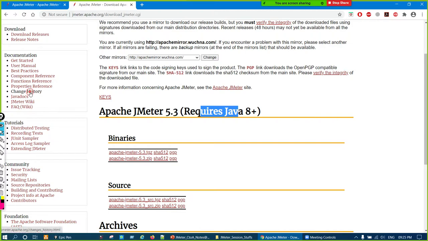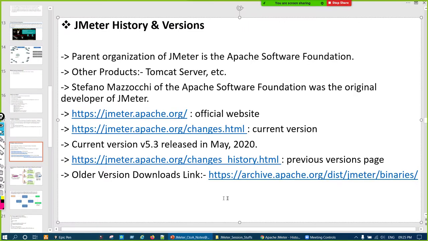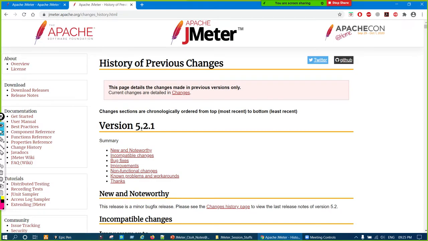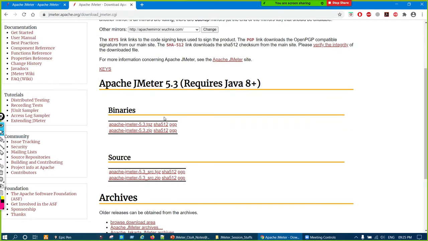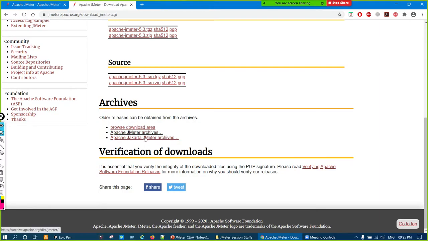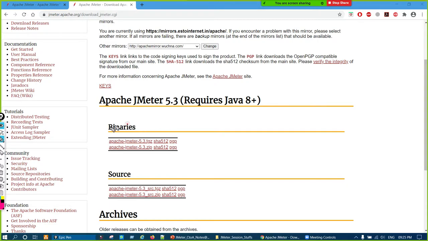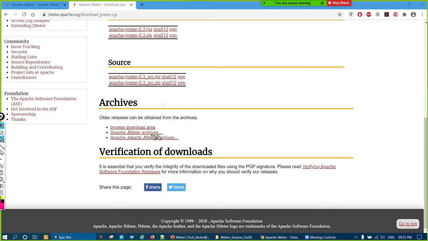Apart from that, yes, so that is the changes page. If you want to download the older version, they keep that as well on the website. When the home page is there, we have to go to download releases, and here the archive is there, right? On this page the latest version will be there. We have to download from this, and which one to download we'll see, right? But we generally download the latest version from this.